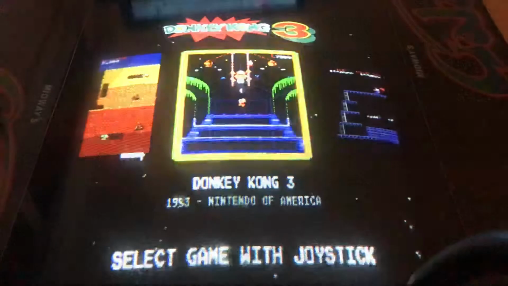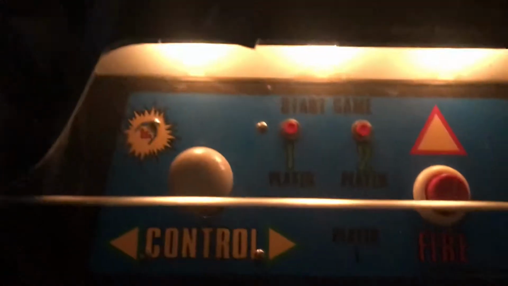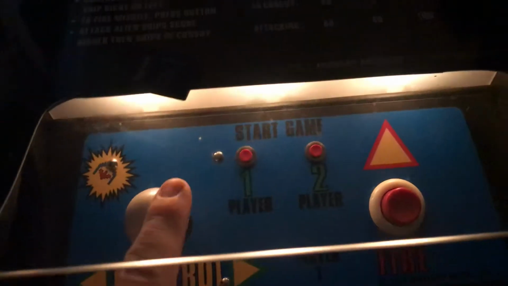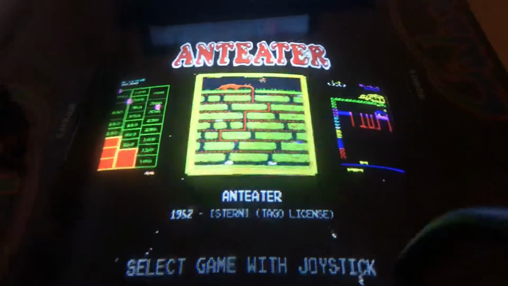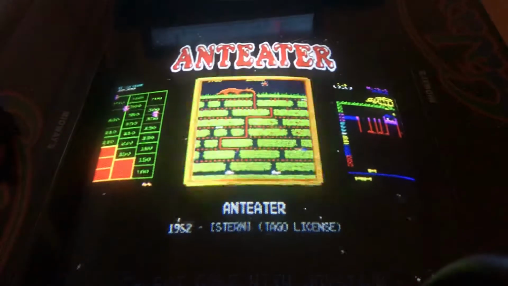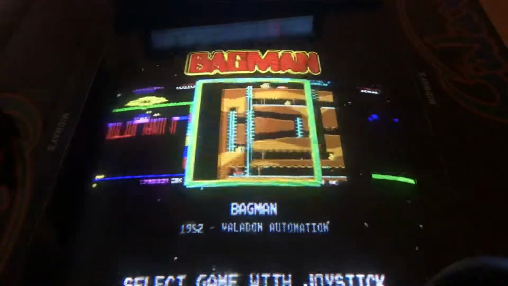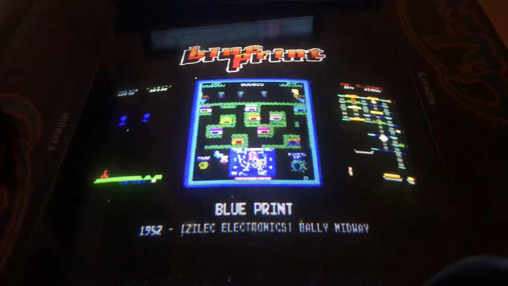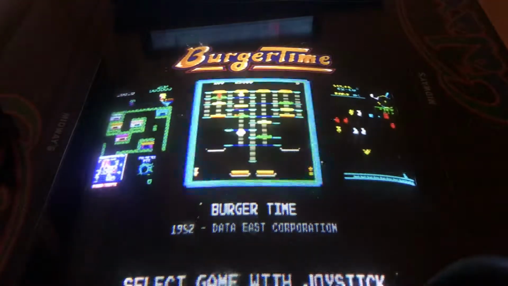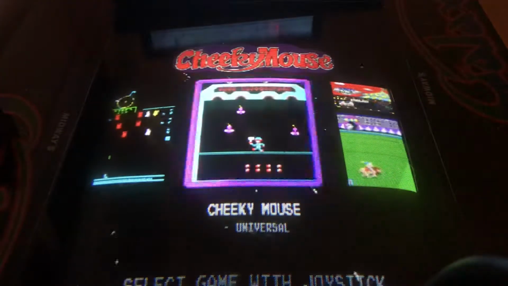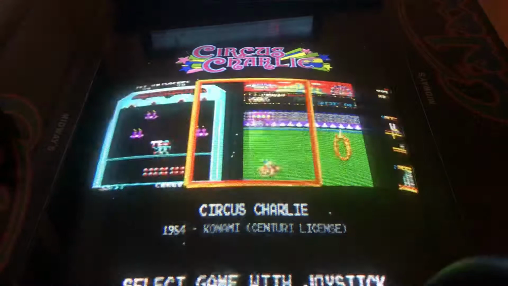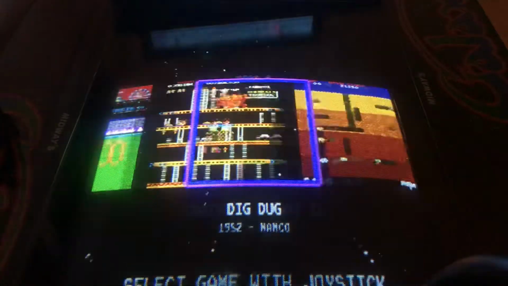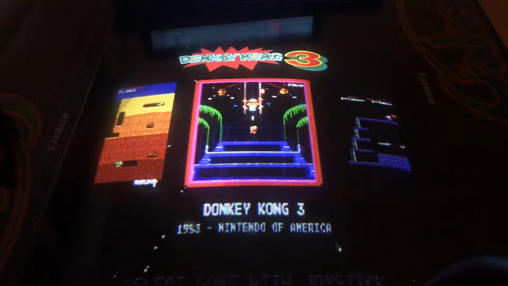But I have tailored my list because I only have one joystick, 4-way, right, and one button. So my game list has been tailored for specifically those games that I can play, except I don't know why Blueprint's on here. I believe Blueprint is an 8-way game, but other than that game, Carnival, Cheeky Mouse, Circus Charlie, Crazy Kong I really like, Dig Dug, Donkey Kong 3,